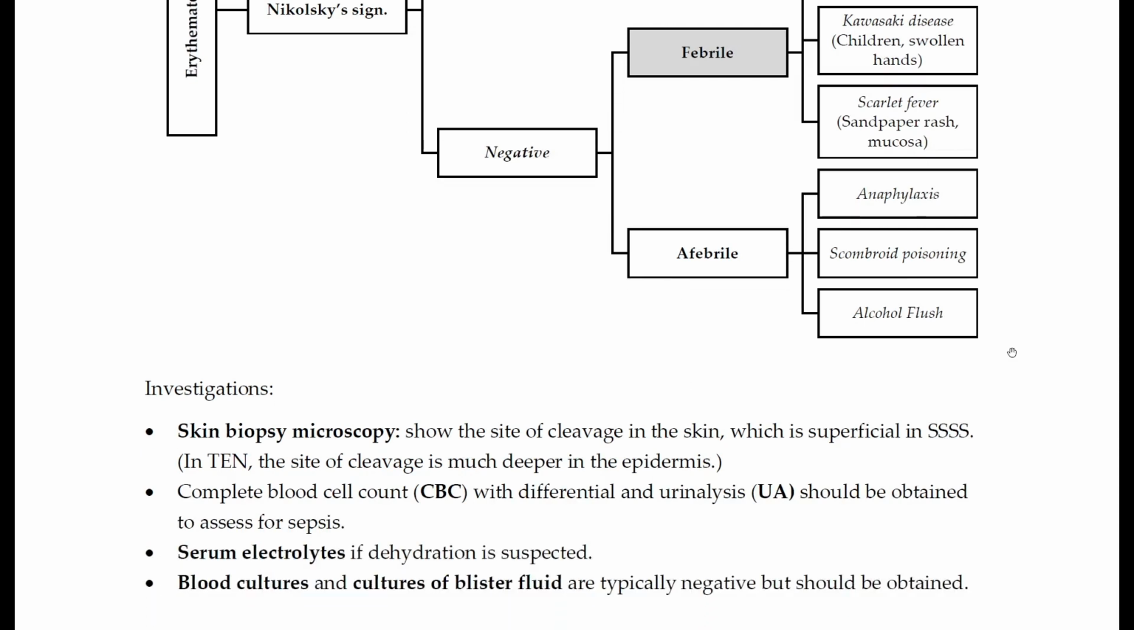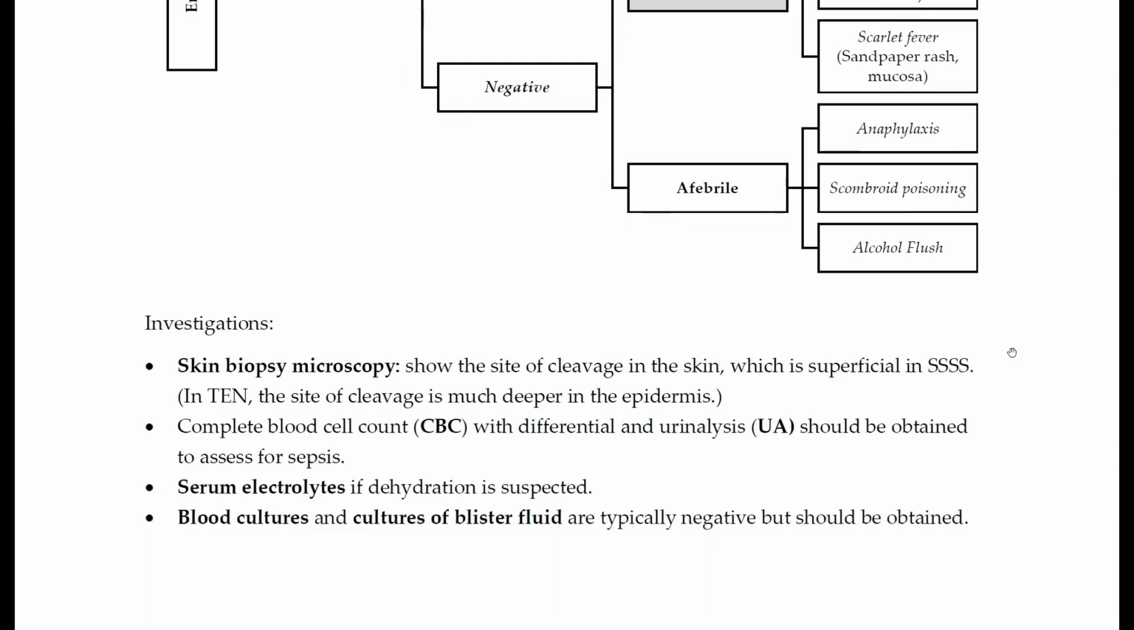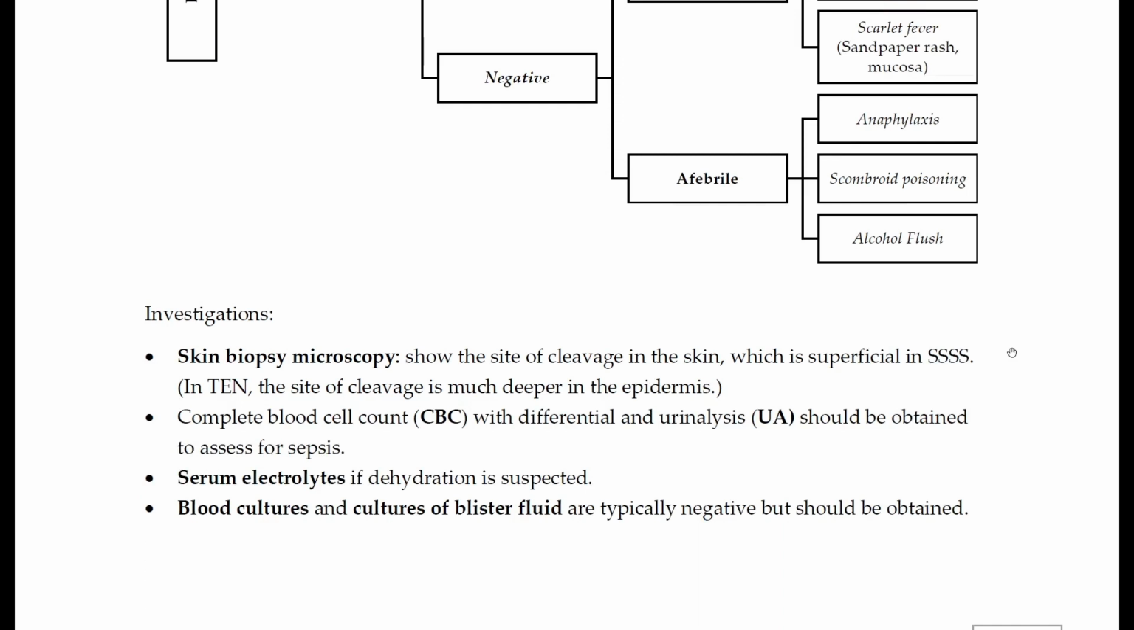How to investigate Staphylococcal scalded skin syndrome? If you are suspecting that it could be Staphylococcal scalded skin syndrome, then the topmost differential is toxic epidermal necrolysis, because both are very similar in the pattern. Only difference is mucosal involvement. So we can confirm our suspicion with help of skin biopsy microscopy, which will show that the site of cleavage in skin is superficial. It is intraepidermal, as in SSSS, while in TEN the site of cleavage is much deeper